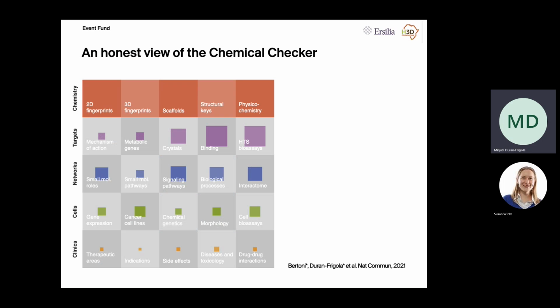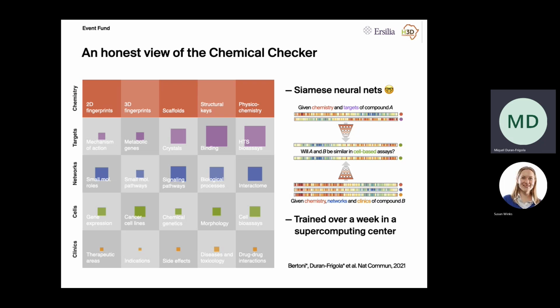So actually, a more honest view of the Chemical Checker is something like this. We always have chemical information, but when it comes, for instance, to collecting data about the clinics, most of the time we know nothing about it. So the second task we had when building the Chemical Checker was trying to fill in the resource, at least with predictions or some inferences where data were missing. And as you can imagine, this was a huge